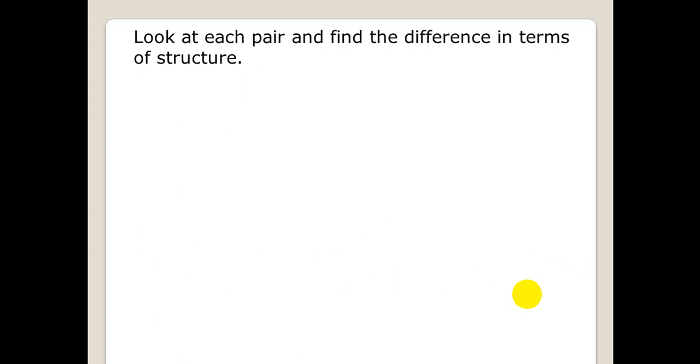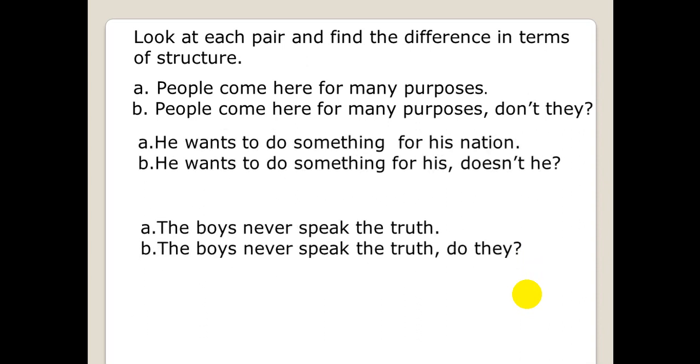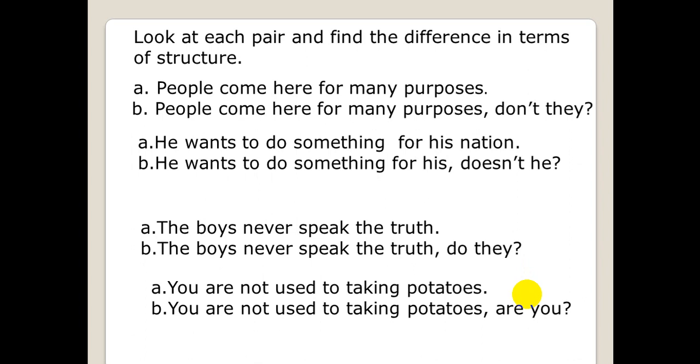So look at each pair and find the difference. That means you are going to see some pairs of sentences and you are to find the difference. Of course, if you look attentively, you will find the physical difference. First pair, second pair, third pair, and the last pair. If you look at the sentences, then you will be able to find out the physical difference. That means keep your eyes on second sentences,